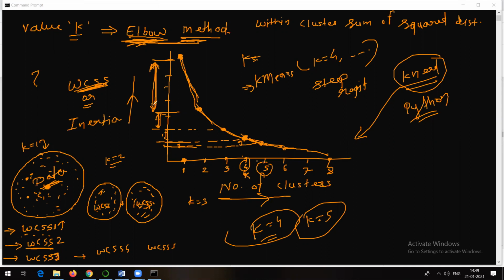See, earlier it was very high, then very low, and then maybe after 3, 4, or 5, you can see that the change is not that much rapid. Even people can go for 6, 7, 8, but as per the elbow method, you need to go for such a point after which you can find the change is not that much rapid. So you can go for 3 or 4 or 5, maybe 6, right? But it looks like the change is not that much steep or rapid after 3 or 4 or maybe 5.